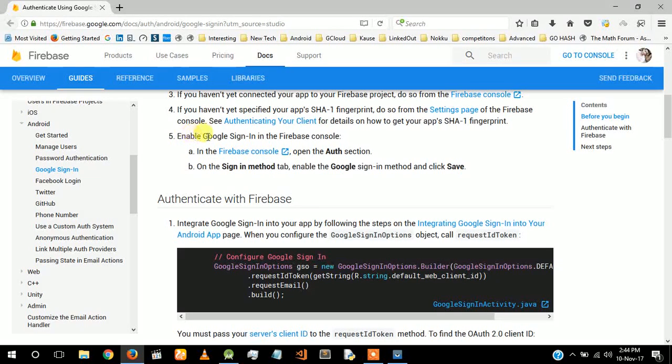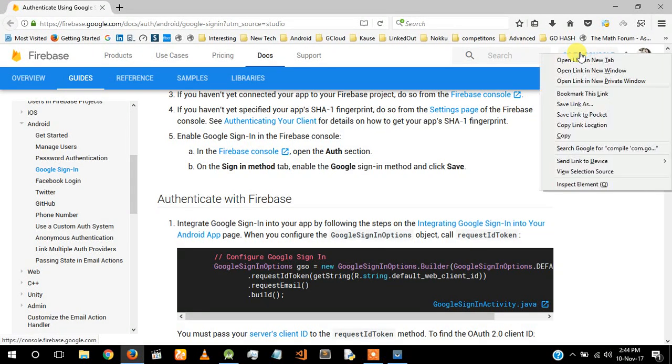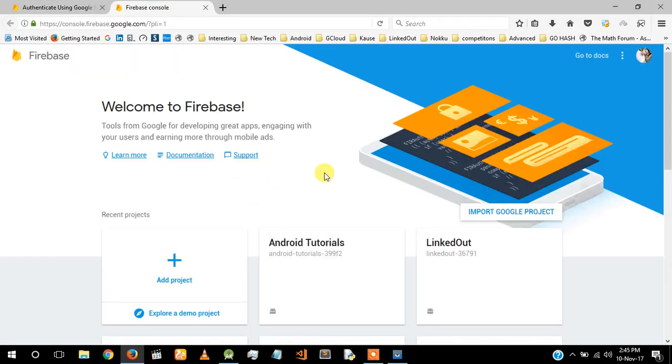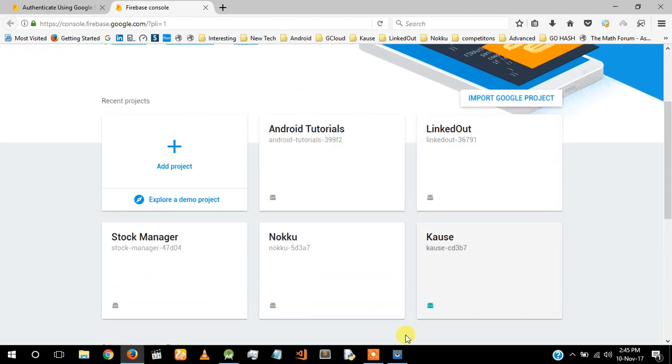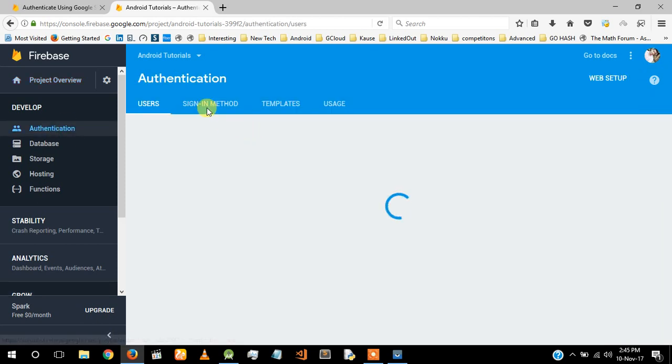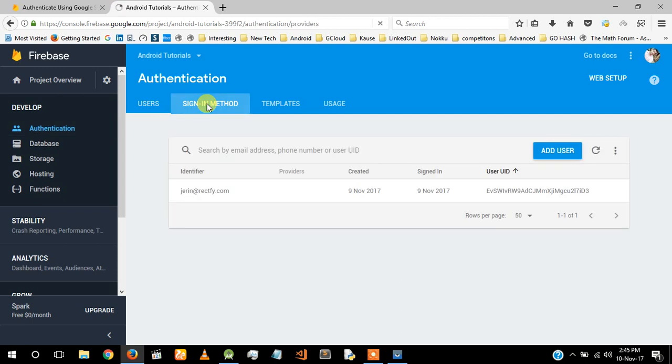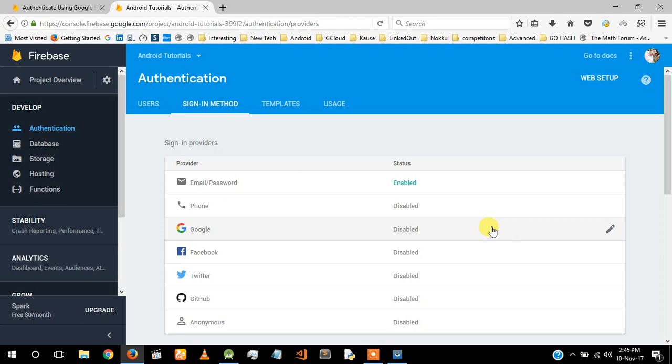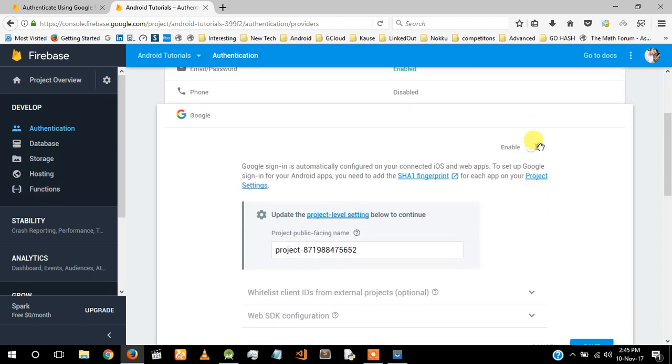Now what we have to do is to enable Google Sign-in from the Firebase console. So I'm going to my Firebase console, and I have to enable Google Sign-in. Okay, it's my console and lists all my projects. So mine is Android tutorial. Click on it. It will open its dashboard. Yep. Go to authentication, and in the sign-in method there is Google. Click on it, enable,